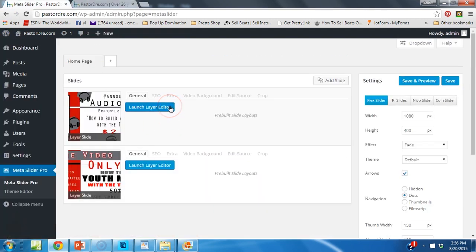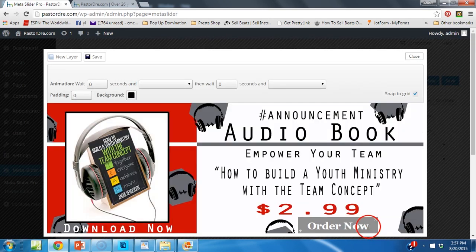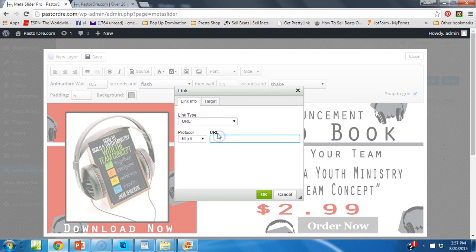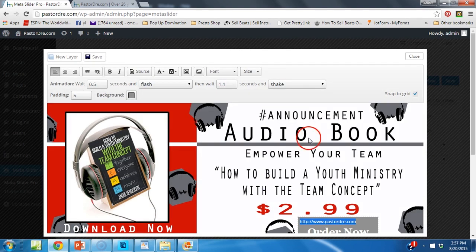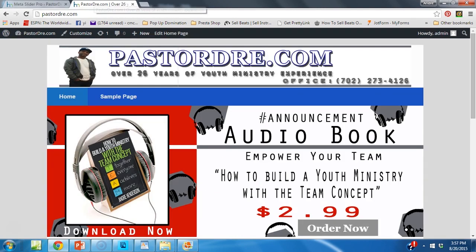All right. The way you add a hyperlink, you're going to go to Launch Layer Editor. Highlight Order Now. Click the hyperlink button, and type in the link where you want them to go. For me, I'll type in PastorDre.com. Hit OK. Hit Save. Hit Close. Save here. Go ahead and refresh the page. So now when this slider comes up,